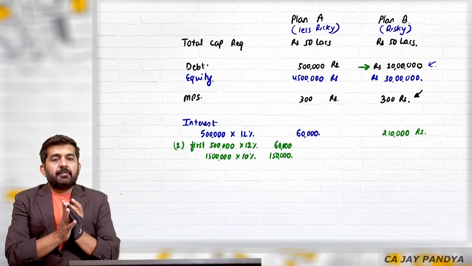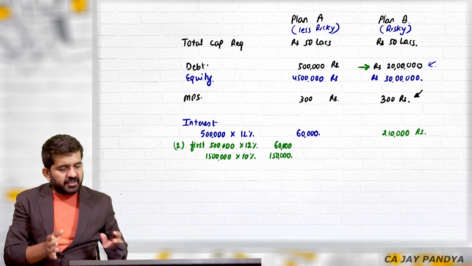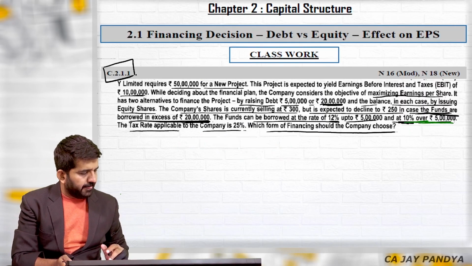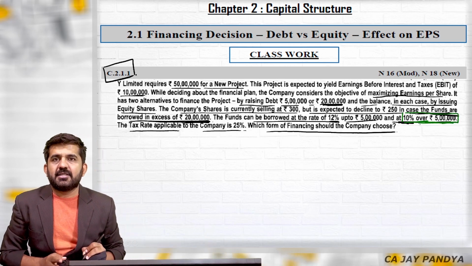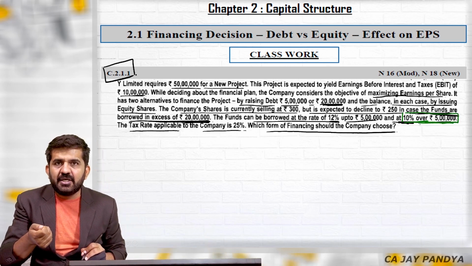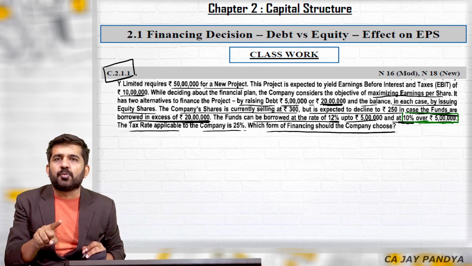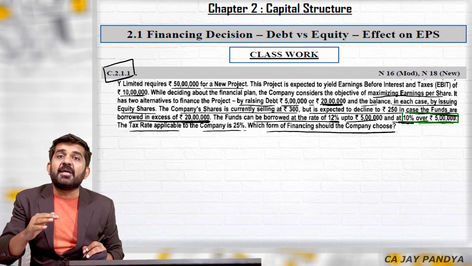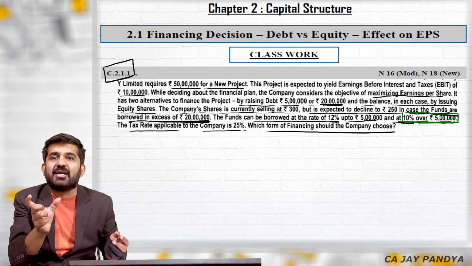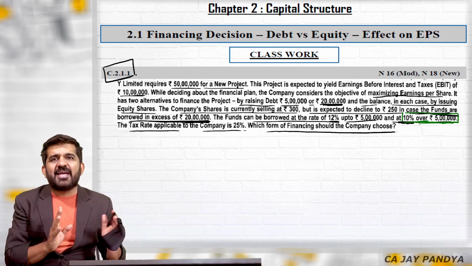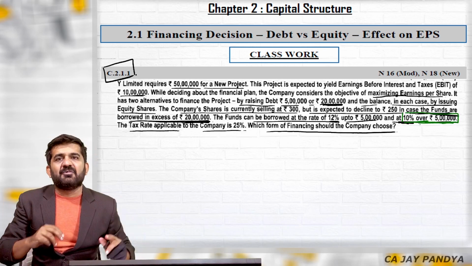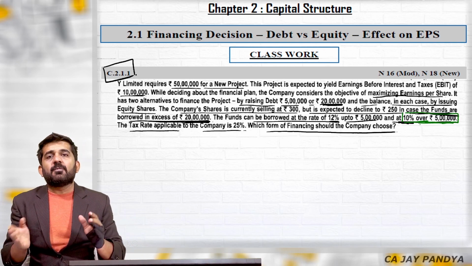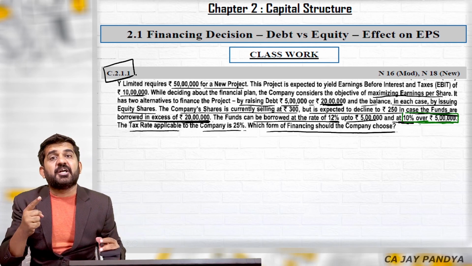Now, many a times when I solve this question, students ask me, and this is a valid question. Sir, the sentence says at 10% over rupees 5 lakhs. This also means if I borrow 6 lakhs rupees, 10% will be on 6 lakhs rupees total and not on 1 lakh rupees. See, if you go to a bank, they will never say that on the first 5 lakhs rupees we will charge 12%, remaining we will charge 10%. So if you are borrowing more than 5 lakhs, your interest rate will be 10%.